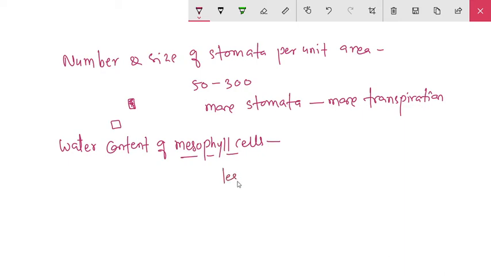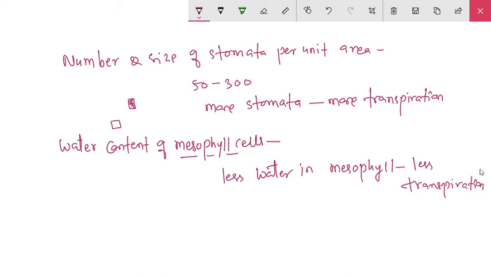Okay. So less water in mesophyll, then less transpiration. Then the next internal factor, that is the root